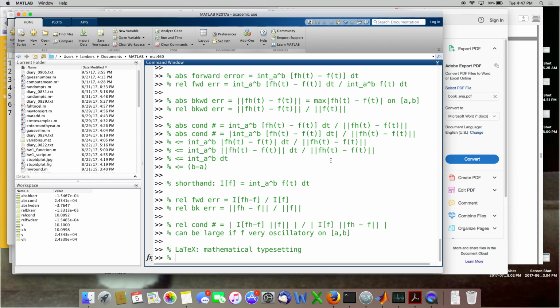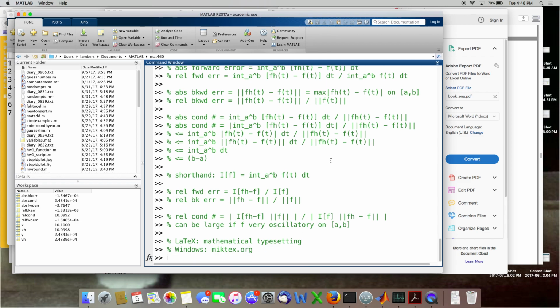Now, this is software that I recommend. Actually, when I was a graduate student, during my first year, I switched to doing my homework in LaTeX instead of on paper. My grades shot right up. They could finally read what I was doing. So if you're on Windows, LaTeX can be acquired for free. Go to miktex.org to download it, and then for a Mac, I don't remember the exact URL, but if you search for MacTeX, I think it's at tug.org. But if you Google that, you'll find it.